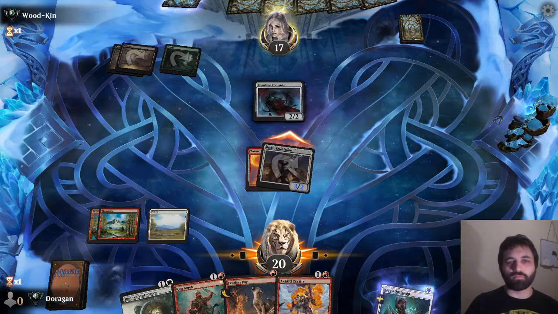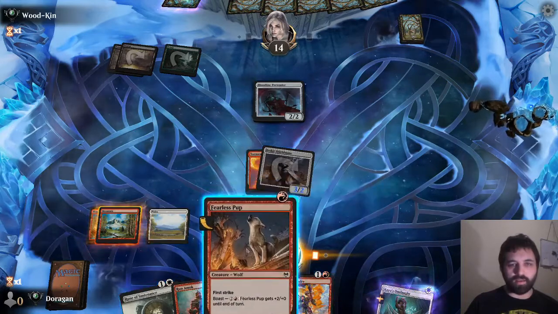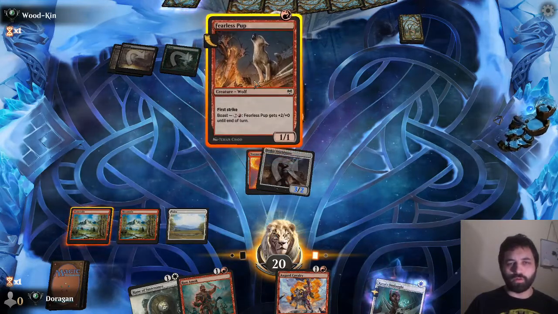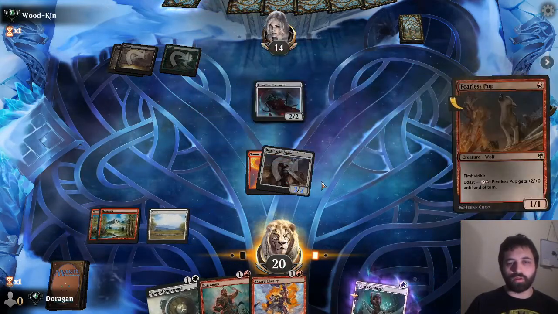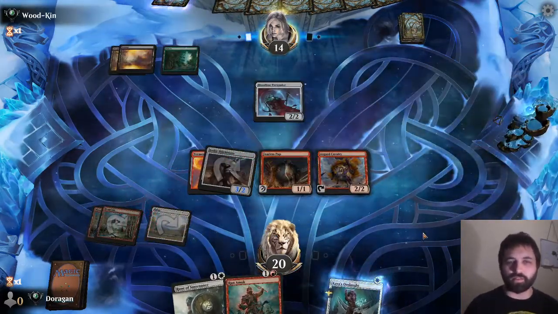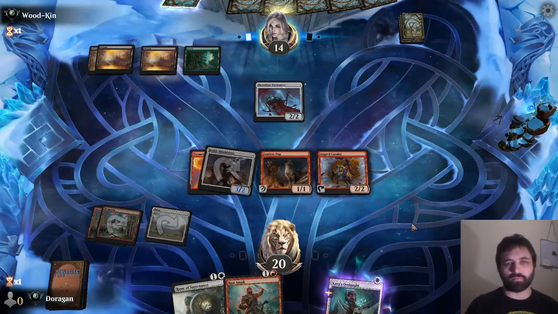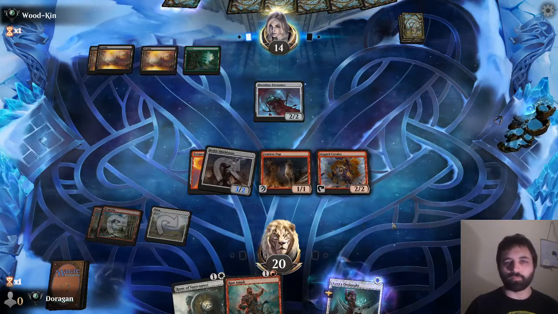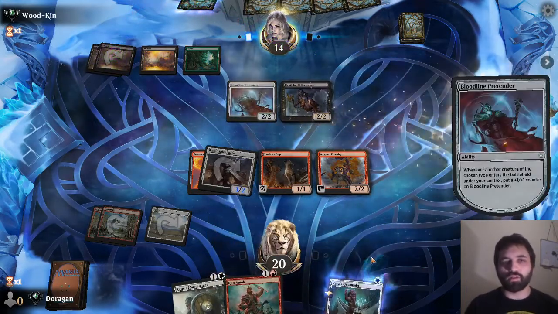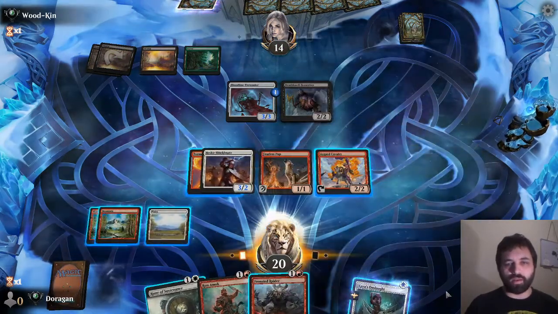Don't block. That's what I wanted. Black, green, doesn't have a board white at 4. So let's just go pup and cavalry. And then potentially attack for the win this turn. And even if I block like this, I can pump these or whatever. This gives trample anyway, so nice. It was elves, wasn't it? Let's just...